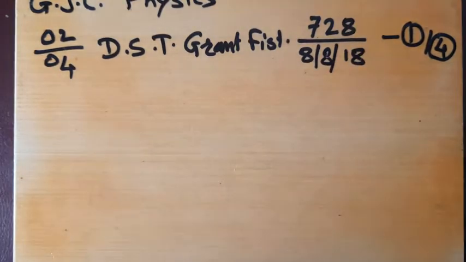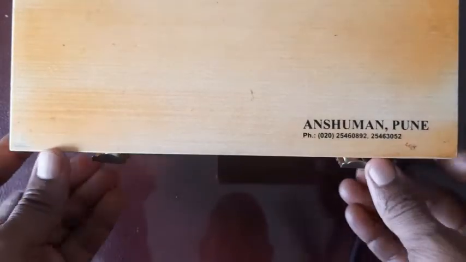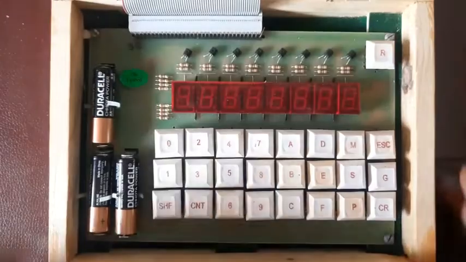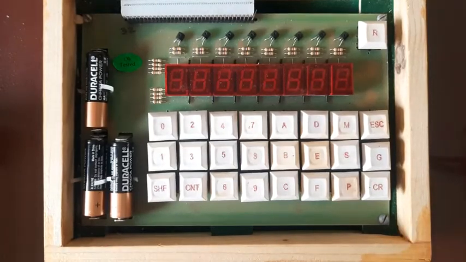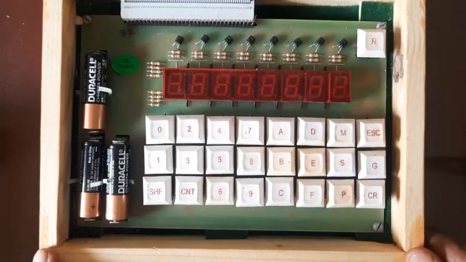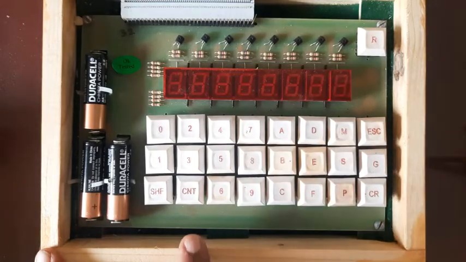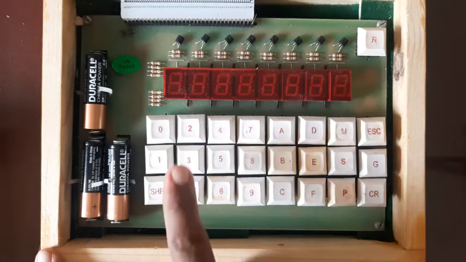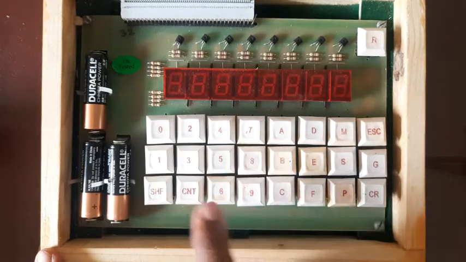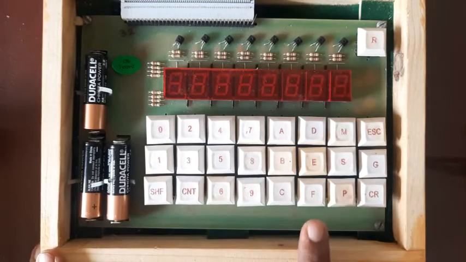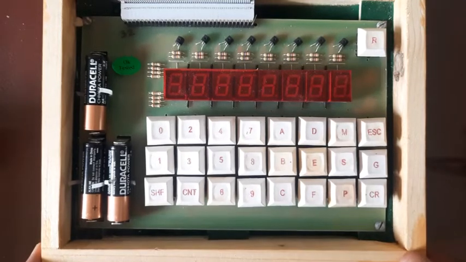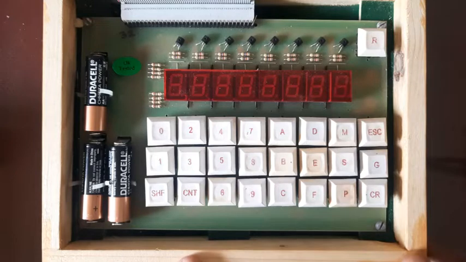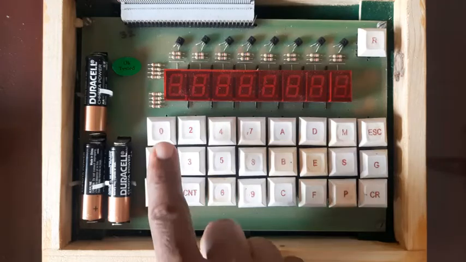Now when we open the kit, we will observe that there are two parts in a kit. This is the user interface part, in which there is a keyboard which consists of number keys from 0 to F. Now we know that in case of 8085 we will have to enter the data or program in the form of hexadecimal numbers, and therefore there are number keys from 0 to F.